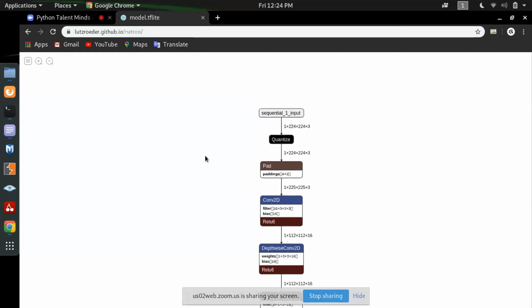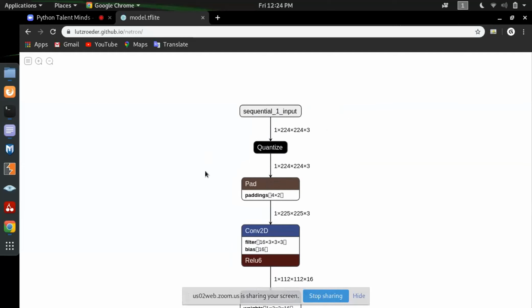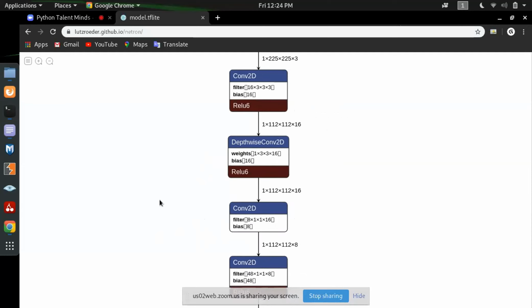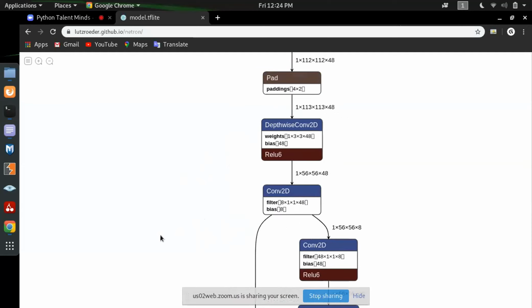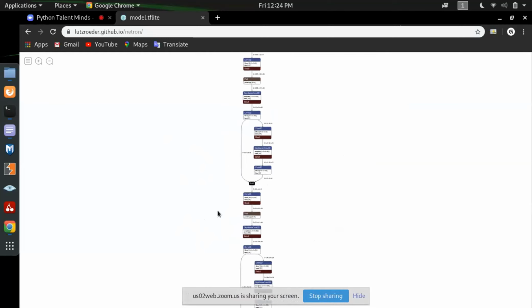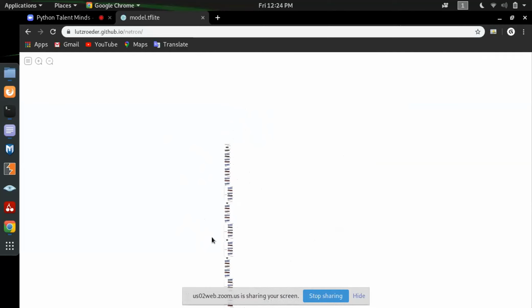yeah, here it is, the model which we have trained on the Teachable Machine. And it is actually a convolutional neural network. Here you can see CONV2D. And you can look at this, it's a very large network.